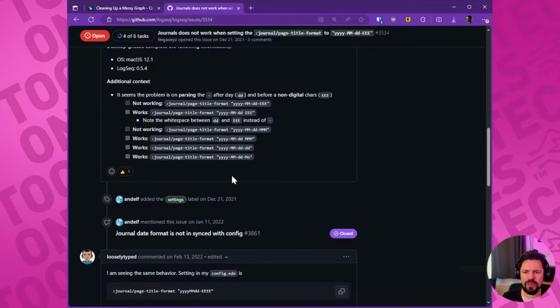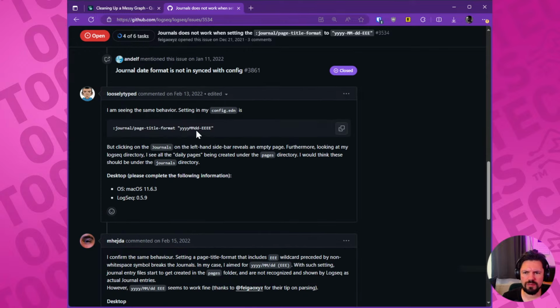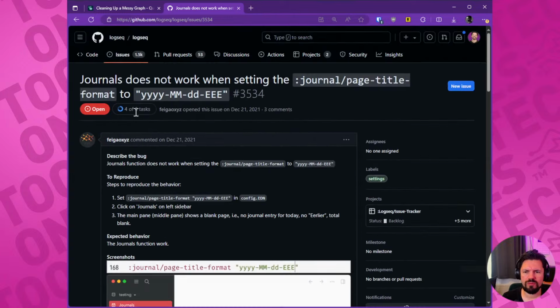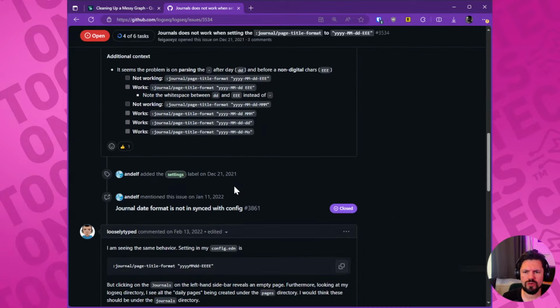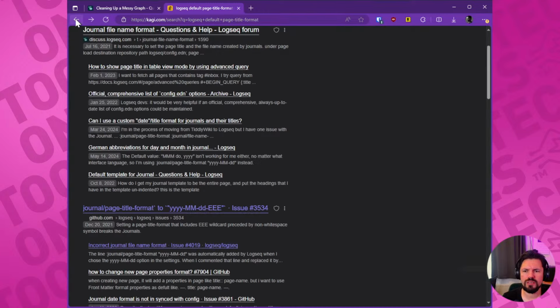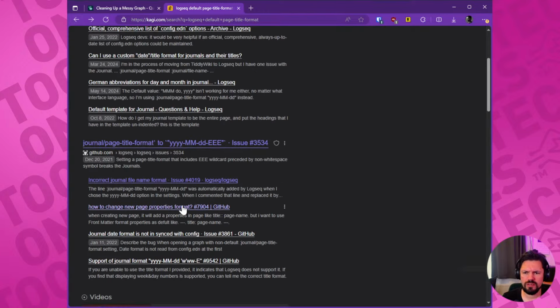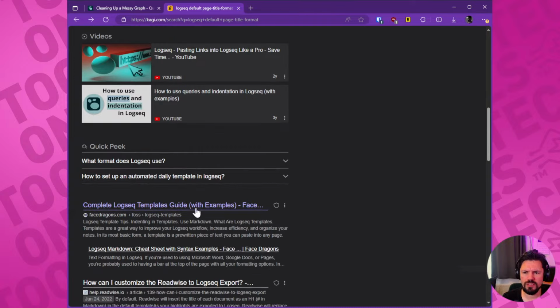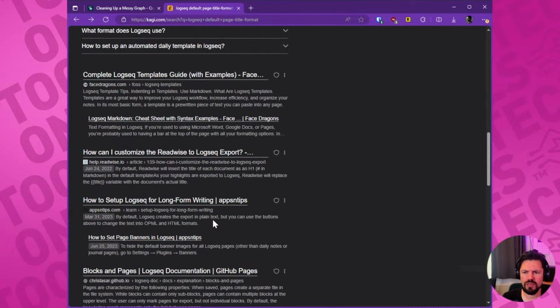Oh, I'm so glad I made backups, because if I want to change this, then I don't really care about this. I just want to know what the default is. New page properties, lots of people talking about it. Complete Logseq templates guide. It should be per set, so maybe